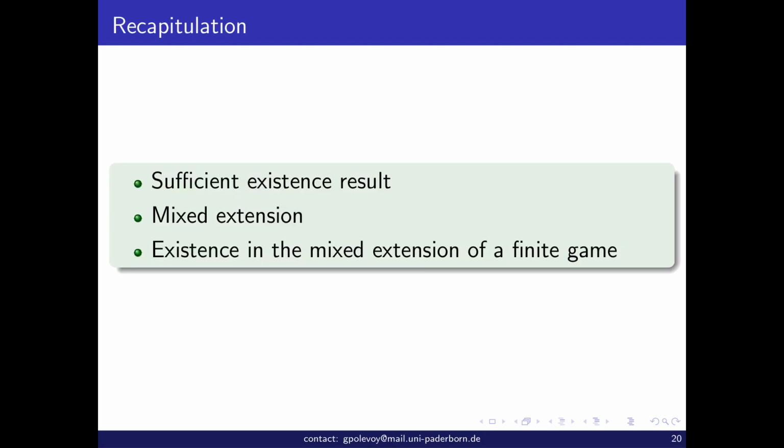So to wrap up, summing what we have done, we have given a sufficient existence result for infinite games. I'm saying infinite because we required convexity, which means that if there are at least two strategies, then demanding that everything between them will also be a strategy implies that the number of strategies is infinite. Actually, it's even a continuum, not only infinite but uncountably infinite. And then we said, yeah, but what about finite games? For those games, we say that in that case,